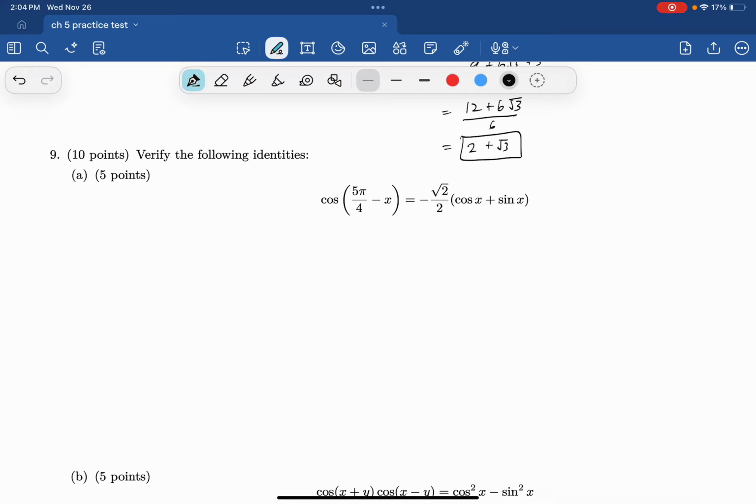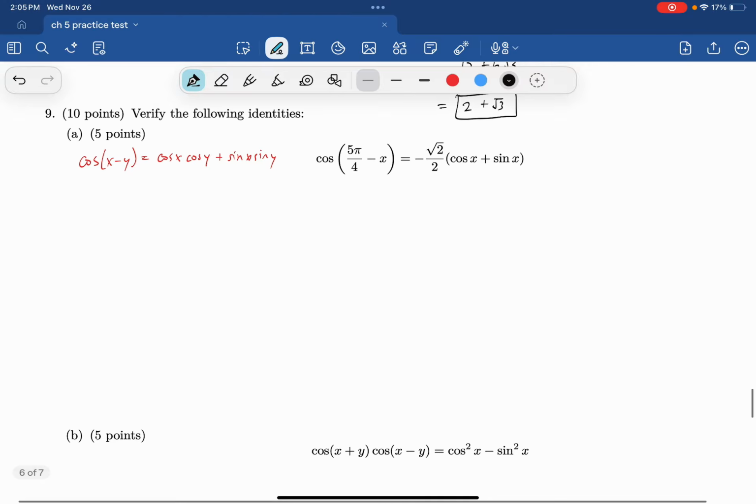Verify this identity. So this clearly requires us to use a cosine subtraction formula to simplify that left side, right? So we're going to do that. The left side is equal to, right, remember that cosine x minus y equals cosine x cosine y plus sine x sine y. Right, when it's a subtraction formula, you have a plus in the cosine. So this becomes